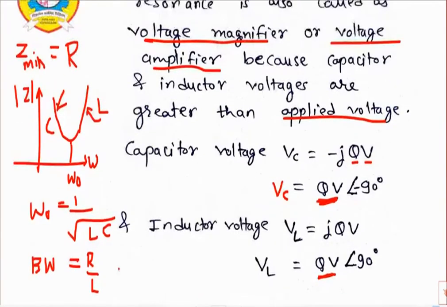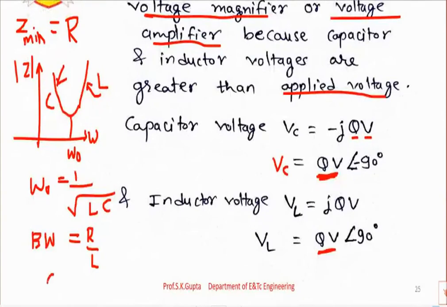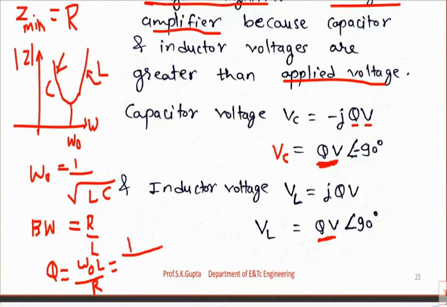Then quality factor formula, Q equal to, one formula is omega 0 L divided by R. Second formula is 1 upon omega 0 CR. So these formulas must be clear and you should remember these formulas also. Another formula is 1 by R under root L by C. So these are the three formulas of quality factor. If quality factor is high, it means the circuit is more selective. More selective means it will select the desired frequency and reject all other frequencies.